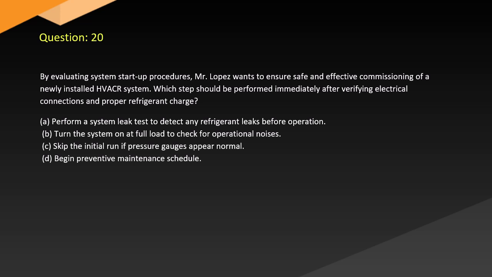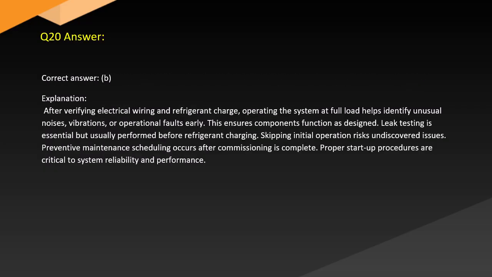B. Turn the system on at full load to check for operational noises. C. Skip the initial run if pressure gauges appear normal. D. Begin preventive maintenance schedule. Answer. Correct answer. B. Explanation. After verifying electrical wiring and refrigerant charge, operating the system at full load helps identify unusual noises, vibrations, or operational